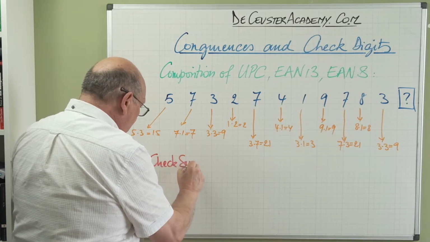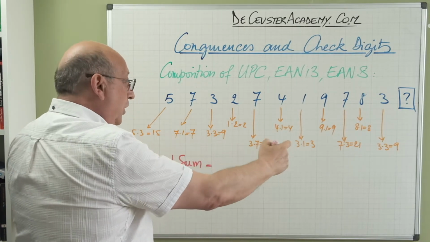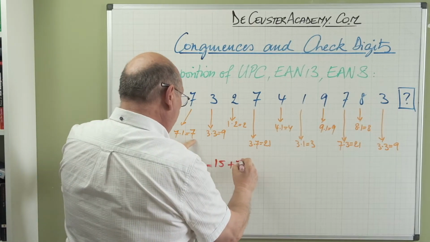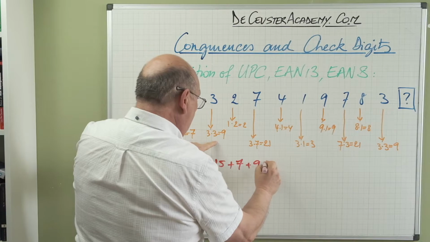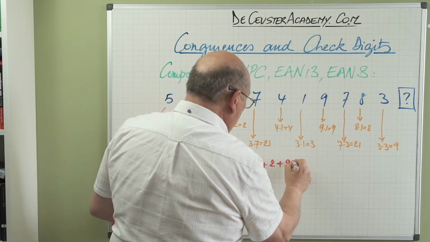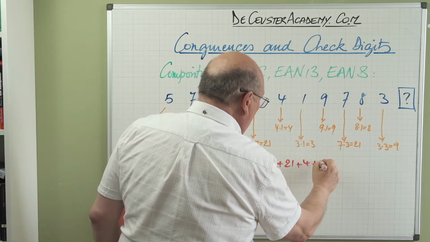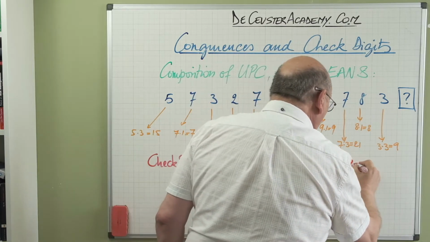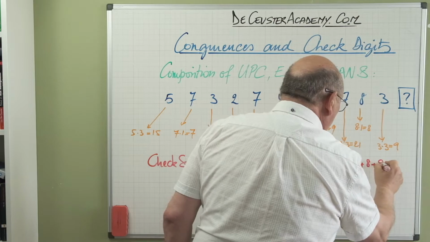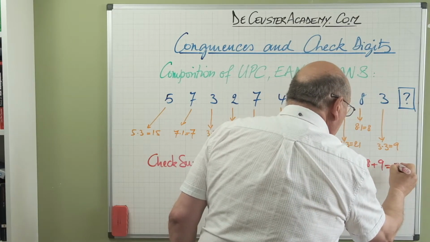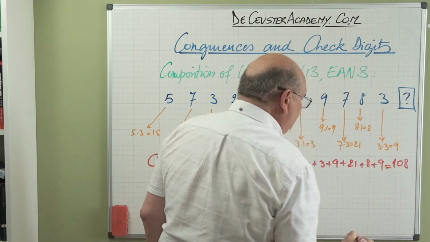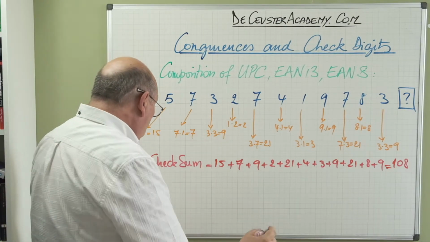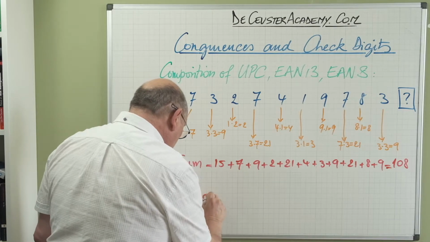And the checksum is equal to all those numbers here. So I have 15 plus 7 plus 9 plus 2 plus 21 plus 4 plus 3 plus 9 plus 21 plus 8 plus 9, and I find this is 108. And what do we have to do to find the check digit? So we have the checksum